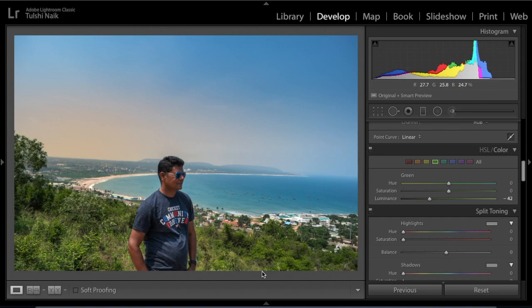As you can see, it has removed a lot of harsh sunlight from the green. Maybe reduce luminance a tiny little bit more. Can reduce saturation also a little bit more. And I'm going to change the color of green towards more yellowish. Maybe till here.